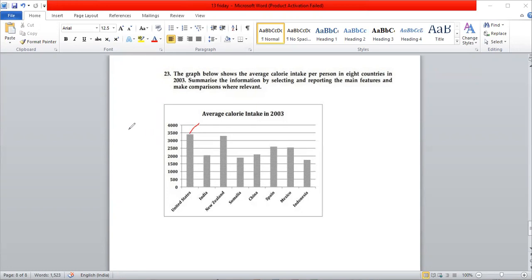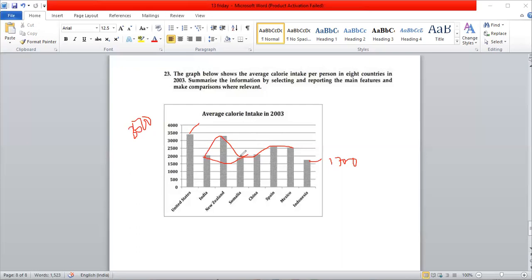It's around 3,500 calories. And now we have the lowest, it's around 1,700 calories. So this is the highest and the lowest point. We have something in between. Between the highest and the lowest, we do have some other data, but